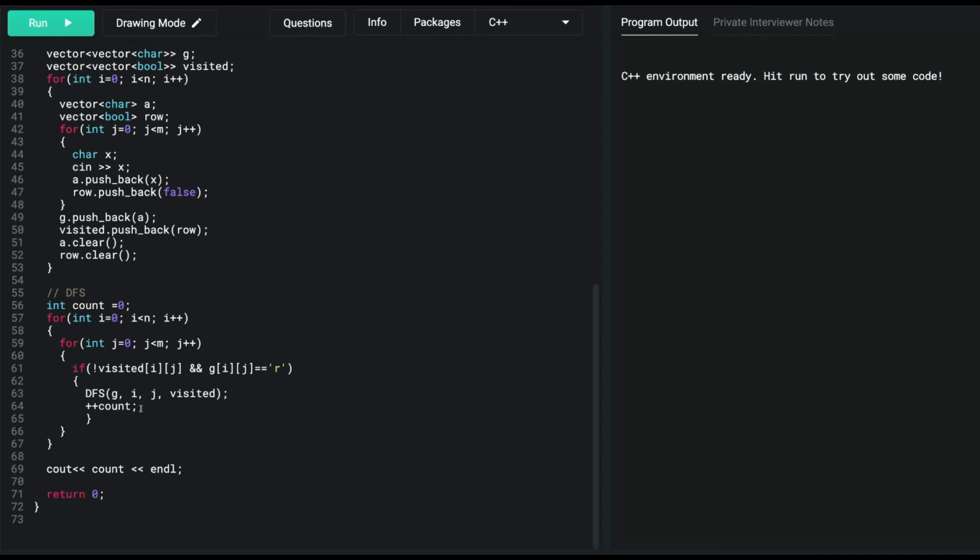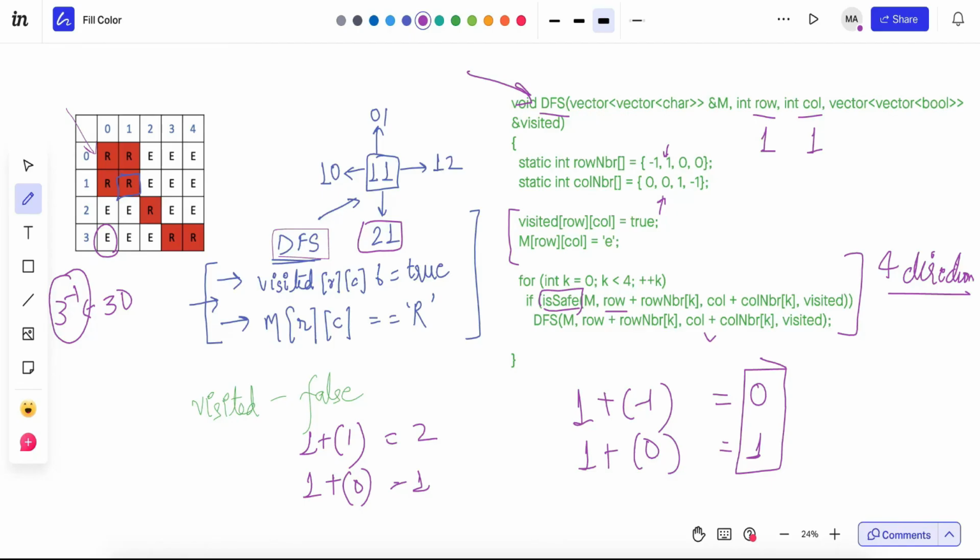And how many times we call DFS is the number of times we have to use the eraser tool. I just want to add one thing: for this whole rectangle, all the cells will be marked E together, because we'll be calling them again and again and they will all be marked E together. So one count here, one count here, and one count here.